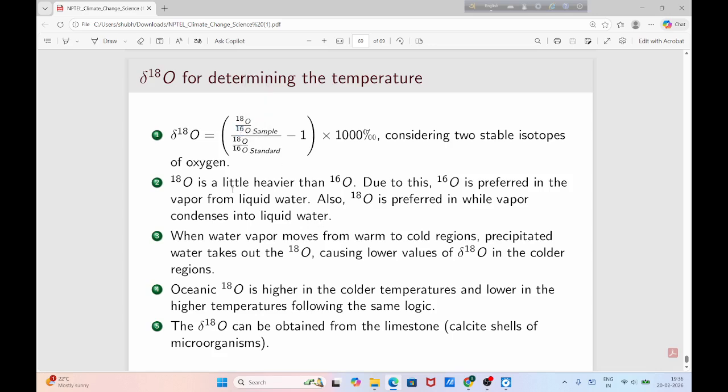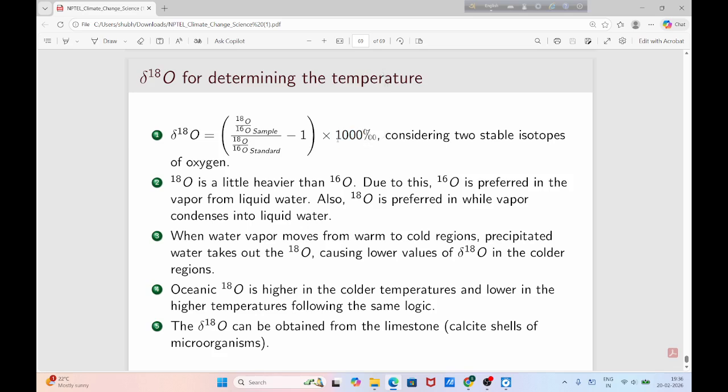Now 18O is heavier than 16O. Due to this, 16O is preferred in the vapor from liquid water. So ये जो डेल्टा 18 है, इसका संज्ञा ये है कि 18/16 सैंपल डिवाइडेड बाय 18/16 स्टैंडर्ड, मतलब जो वैल्यू आज है उसका स्टैंडर्ड माना जाता है, -1 टाइम्स 1000। इसको हम पर मिल बोलते हैं।